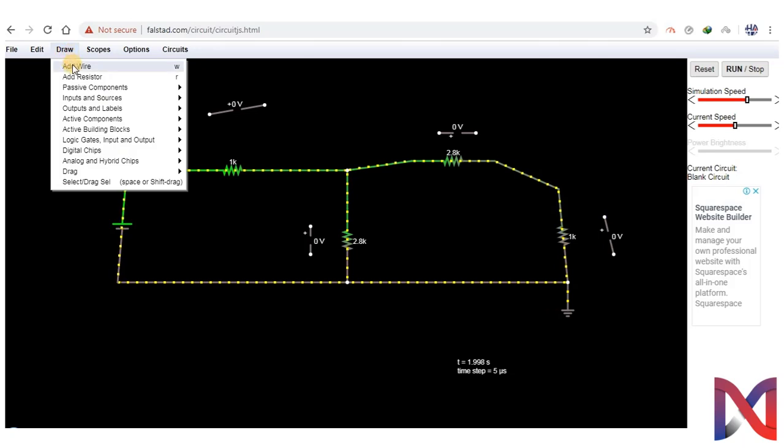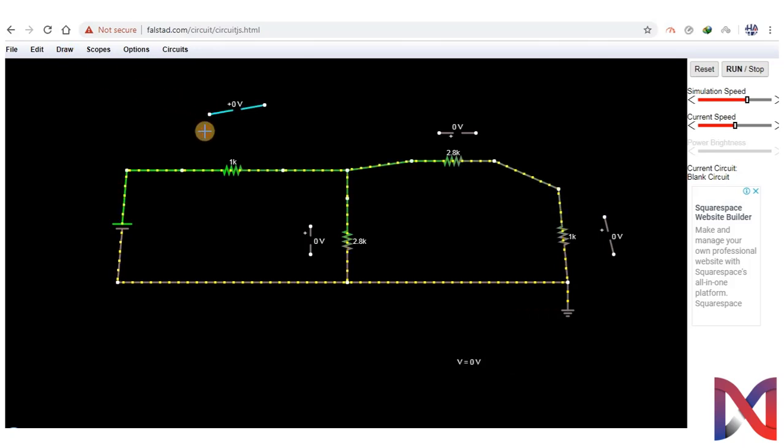We will connect the voltmeters through wires. So we get our first voltage as 1.914 volts. After that we connect our second voltmeter.